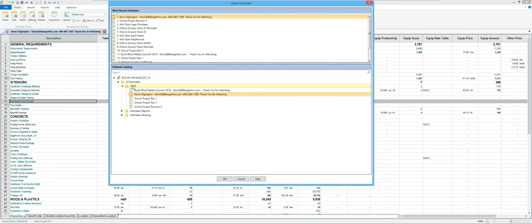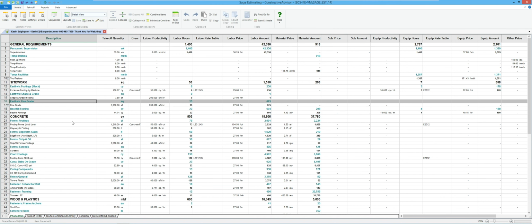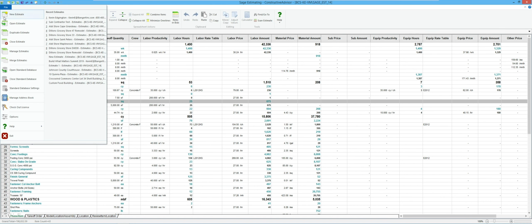So, there's still a lot of people that would like to be able to right-click and collapse all and some of those type of things, or move estimates around from this window. And keep in mind that Open Estimate's just really a box for opening those estimates. So if you really want to do any rechanging of your branches and things of that nature, you're going to want to go down to Manage Estimates.